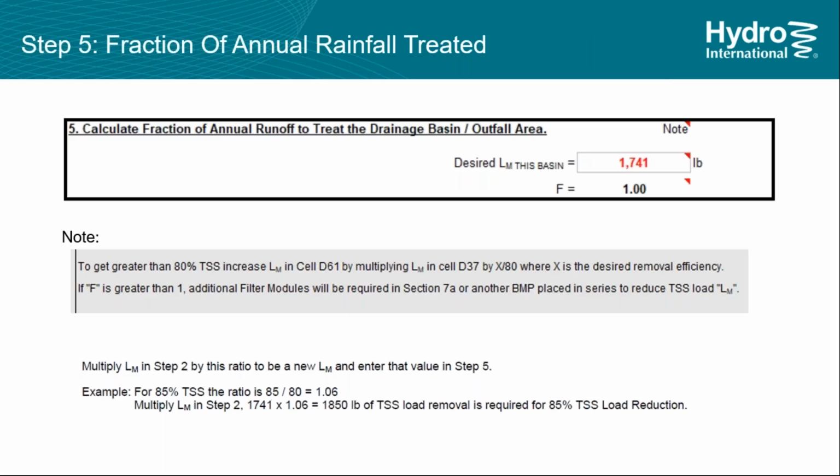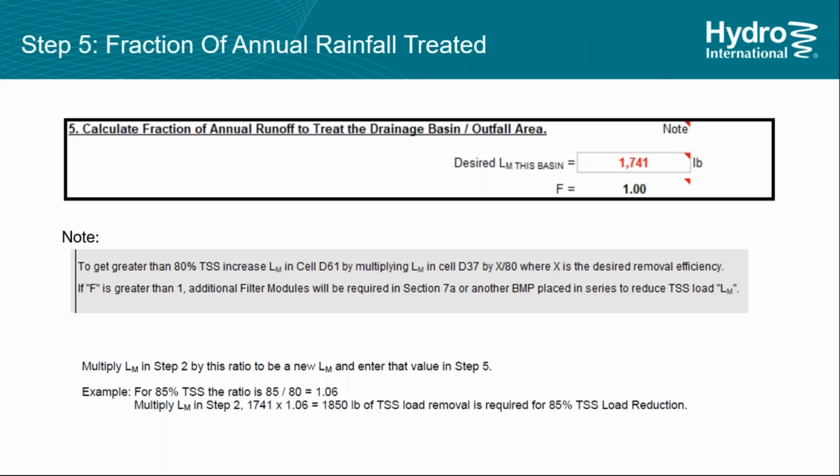And some cities, counties require more than 80%. 80% is the TCEQ standard, but if say you're required to meet 85% TSS, I've given a note here which is in the Excel document on the right. You'll see the right column. You'll see how to